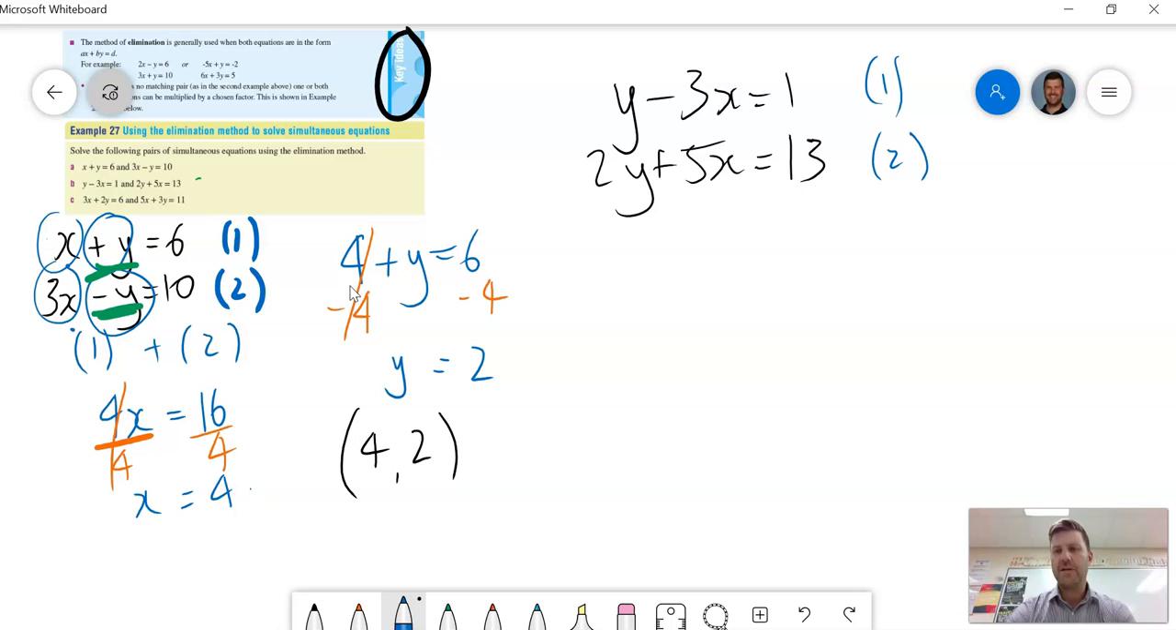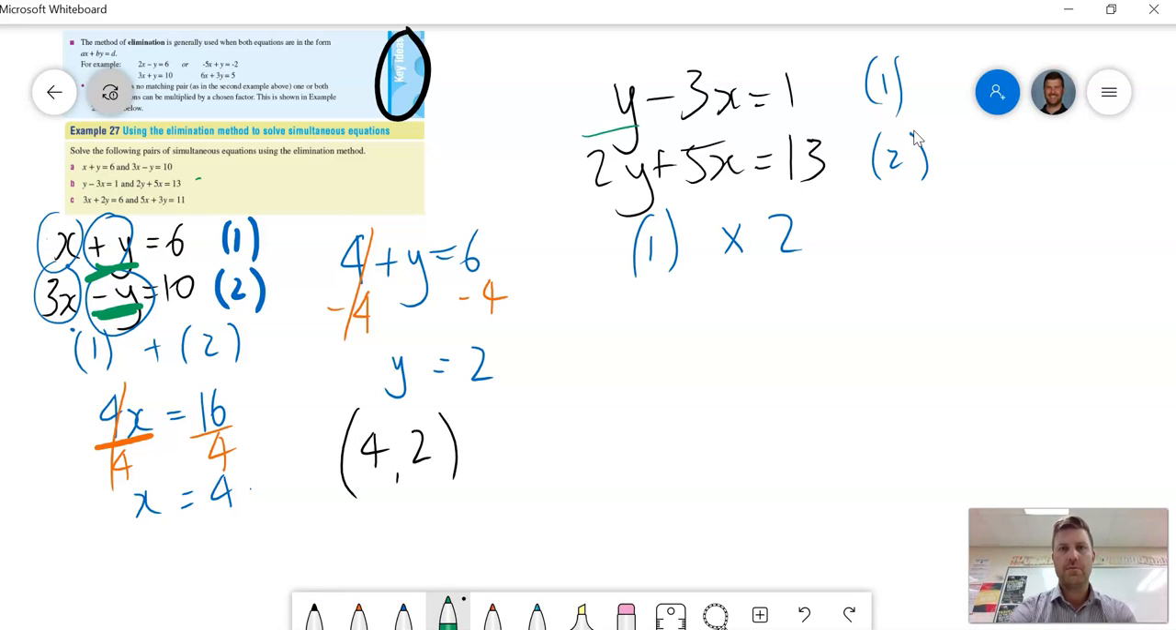This time I don't have any matching pairs, so I can't technically add or subtract these equations from each other to eliminate the y value or the x value. But what I can do is if I multiply equation 1 by a factor of 2, I will have a matching pair. And it's up to you how you do this. If you can do it in one step, fantastic. And that's what I'm going to do. I'm going to do equation 1 times by 2, which then gives me,